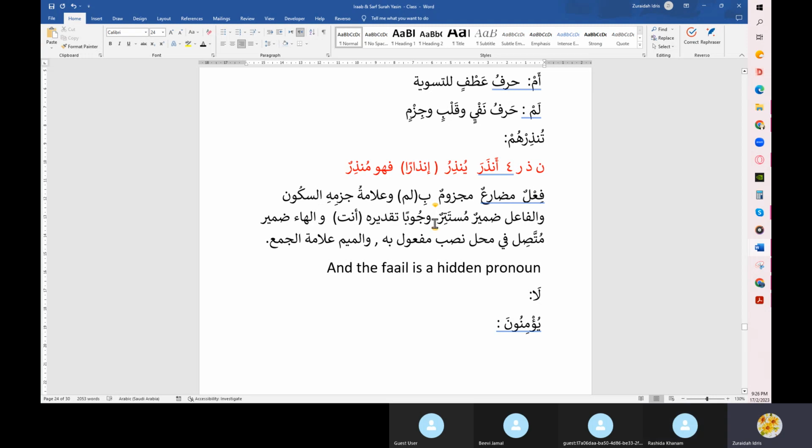This anta has to be hidden. Okay, this is what we're saying. There is no two ways about it. So this is the type of hiding that you have to do. You must hide it. That's why they say wujuban is maf'ul mutlaq here. That explains the type of hiding. And the hiding here is actually